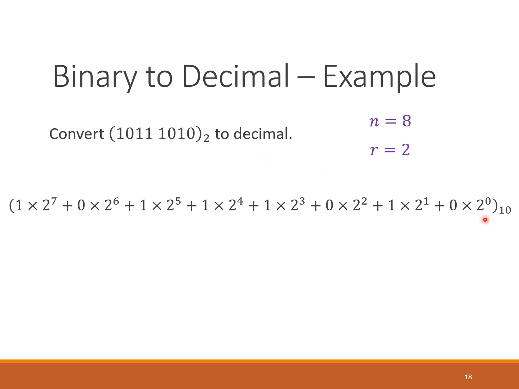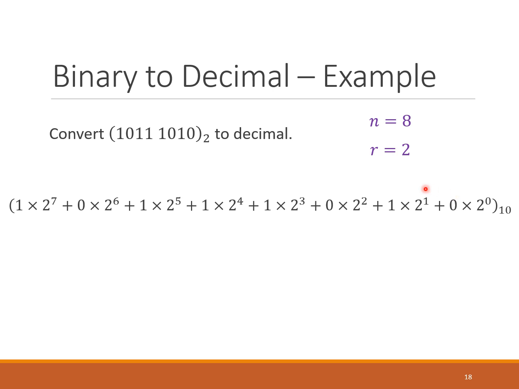So we notice we have our r to the power of 0, r to the power of 1, and so forth, all the way up to r to the power of n minus 1. So we go up to 2 to the 7th. And again, the reason for that is we're starting at 2 to the 0, 2 to the 1, 2 to the 2, 2 to the 3, 2 to the 4, 2 to the 5, 2 to the 6, 2 to the 7th. So we have each of those values and we're multiplying each of those by the corresponding bit in